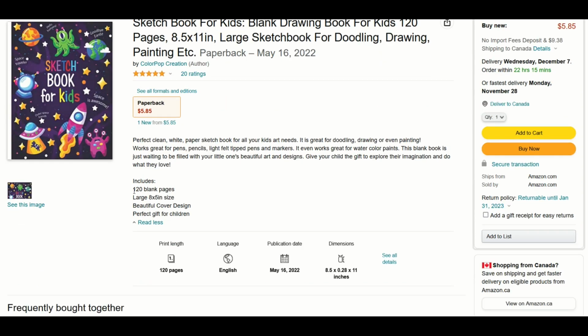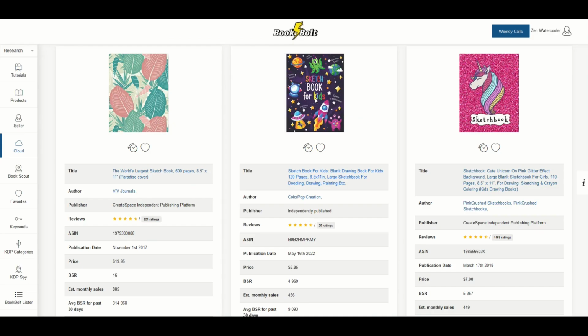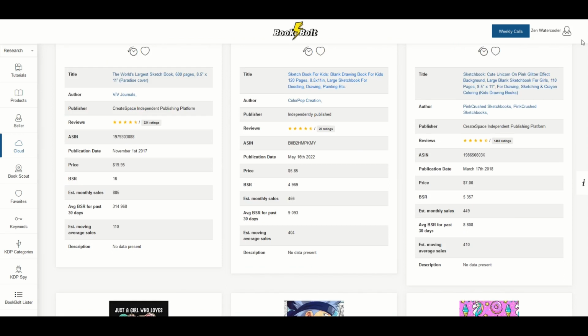So we can see here it's 120 blank pages, 8.5 size, and really it's just a cover. That's really all it is. So it's a great price point, very easy to make inside of BOOKBOLT, and there's a great idea for niche marketing. Now, one of the things I like to do inside of BOOKBOLT is scroll right down,